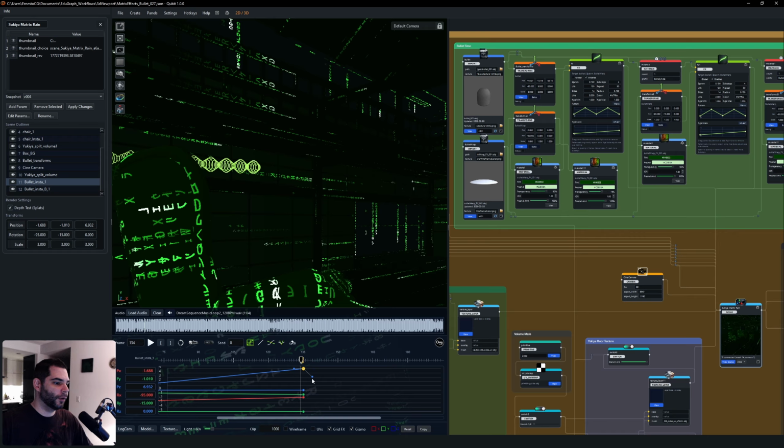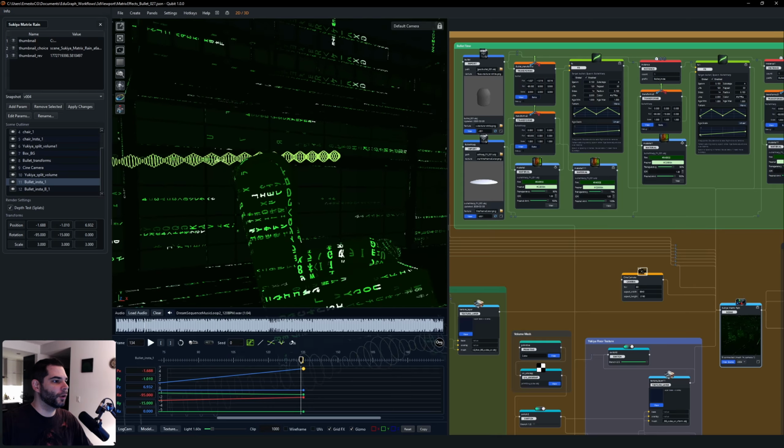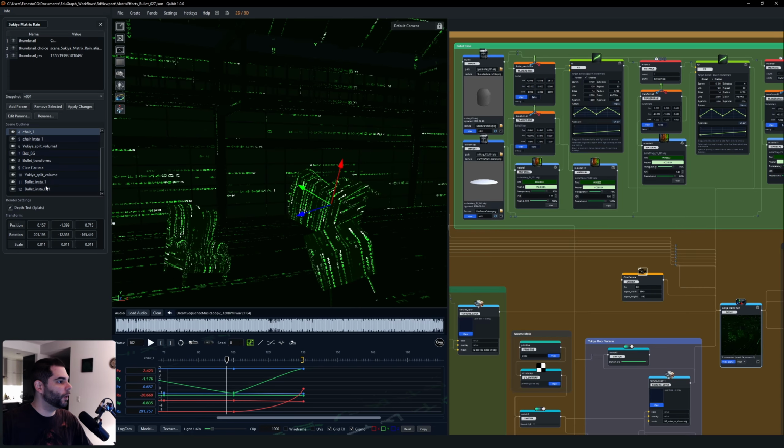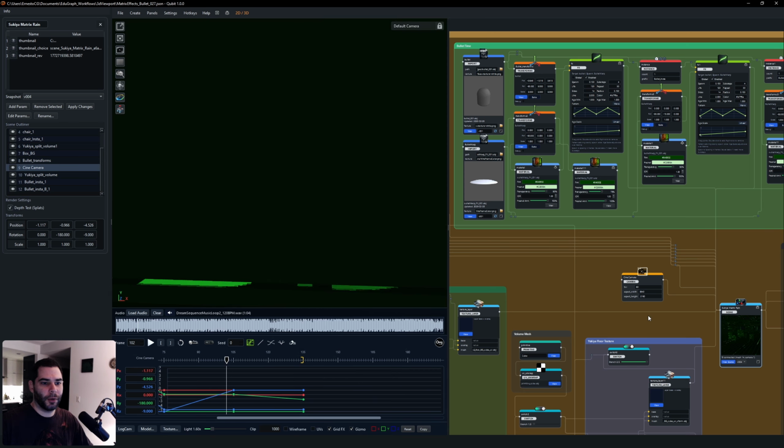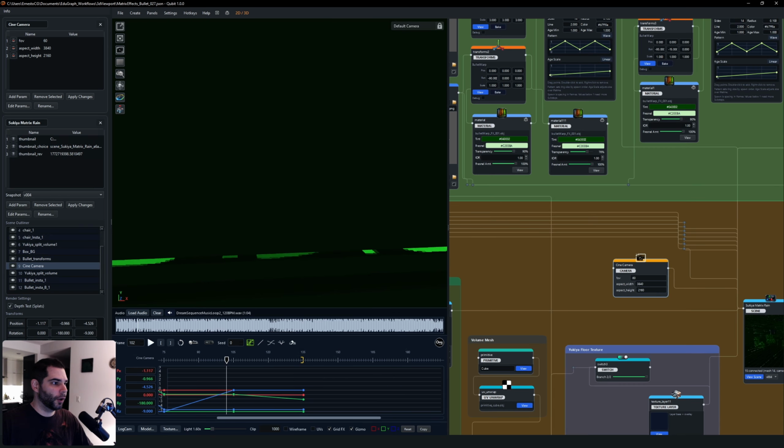It can have two handles. So this one tries to automatically set the handle straight. This one breaks it, so that way I can control both handles there. But let's take a look at some of the other animations. The camera, so this camera, just create a regular camera node,